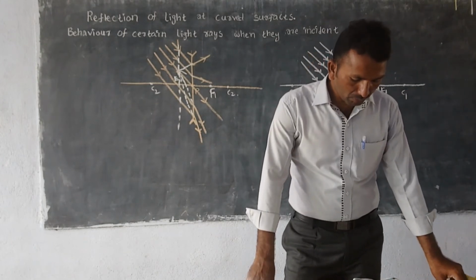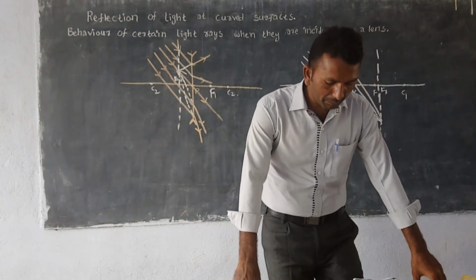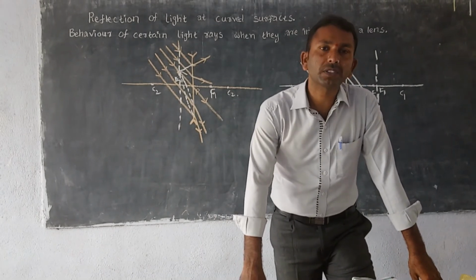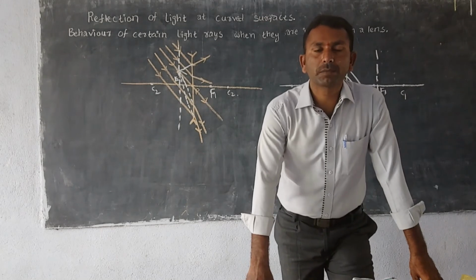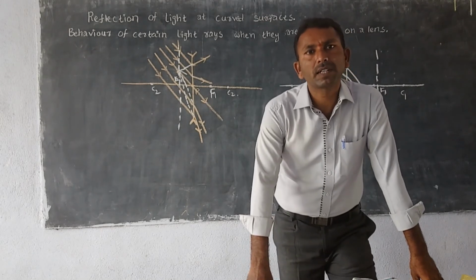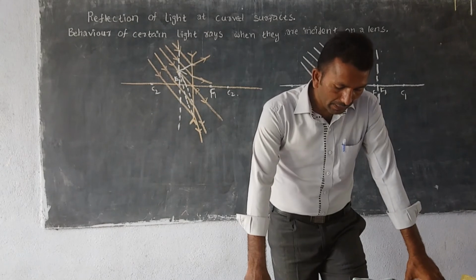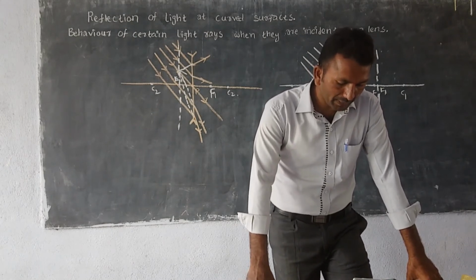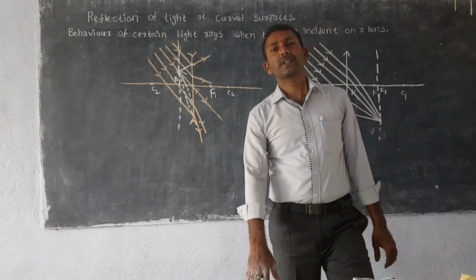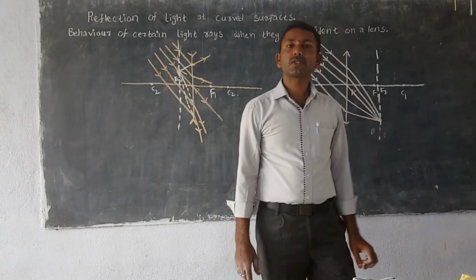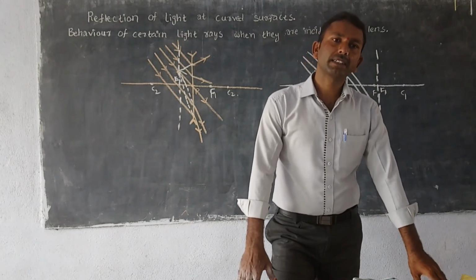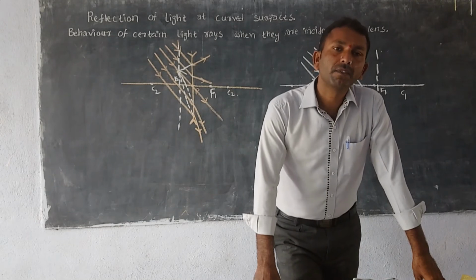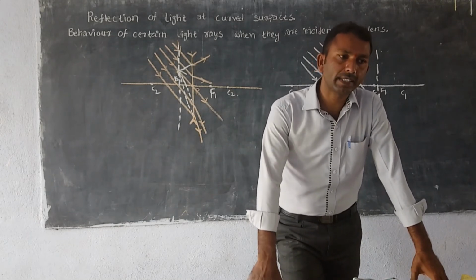Next one is rules to draw ray diagrams for the image formation by lens. Each and every time we have to follow some rules to draw the ray diagrams for mirrors and also for lenses. Let us learn a few basic rules to draw ray diagrams to locate the position of the images. So, how many light rays do we have to draw to get an image? We have already learned in the previous lesson: to get the image point we need 2 light rays.